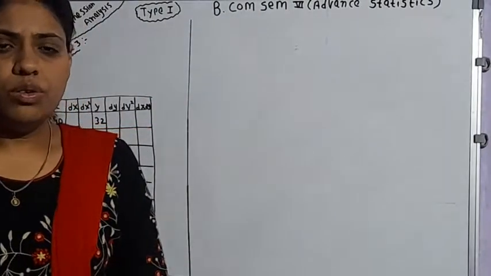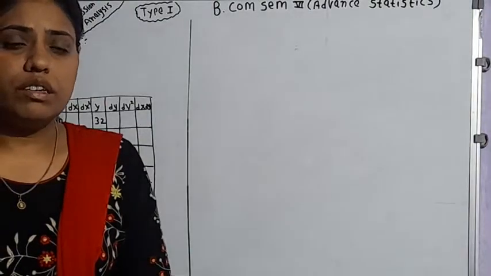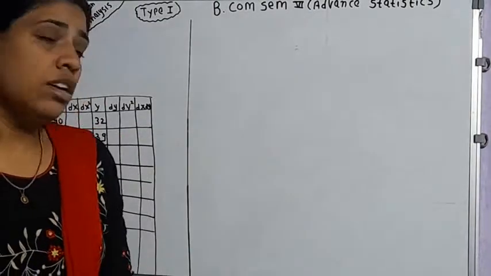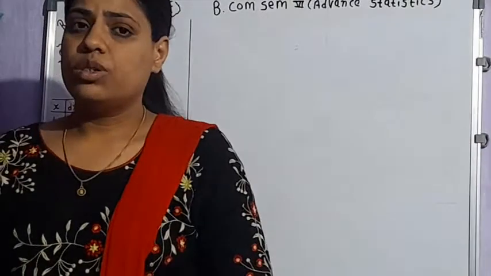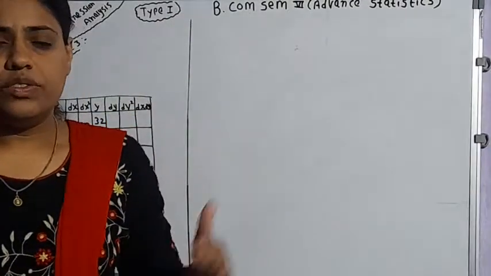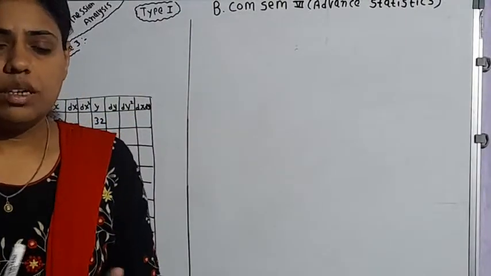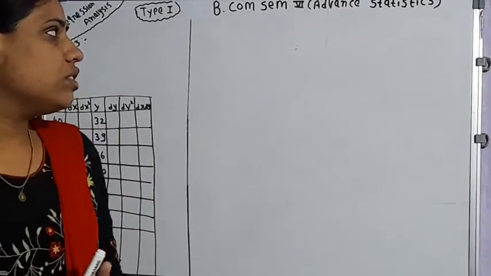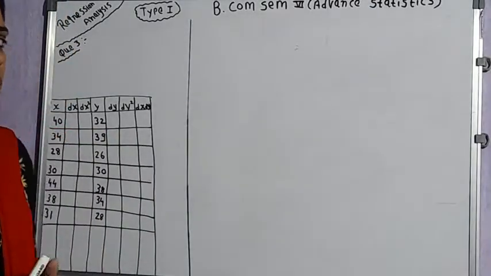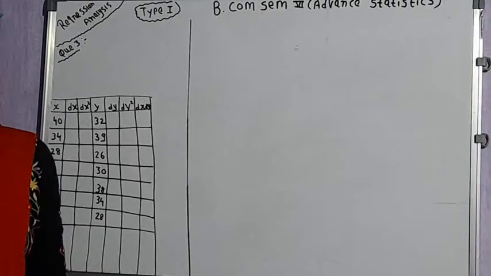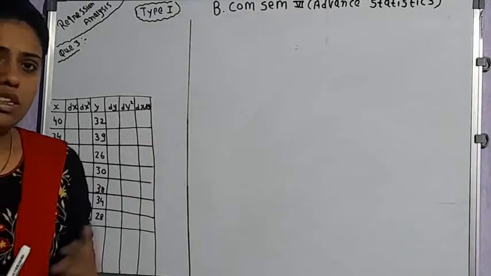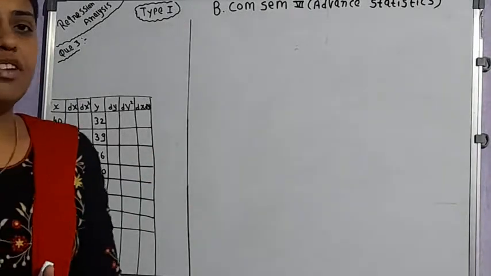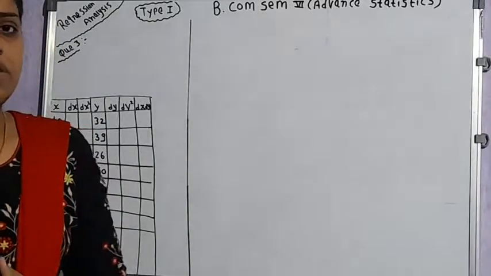So as you all know, we are dealing with the chapter Regression Analysis under this subject. That is our second unit, okay? Since the last few lectures, we have seen the concepts related to regression analysis, and then we have seen the different numerical problems of regression analysis. Okay, we are dealing with the type 1 problem whereby the two series are given.